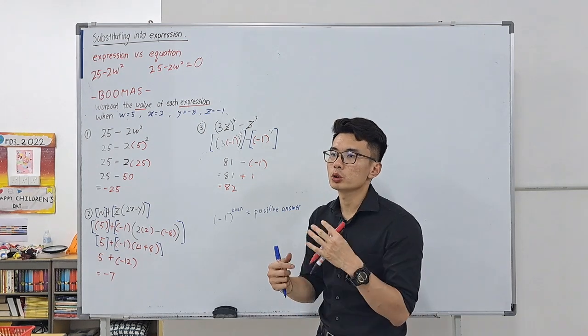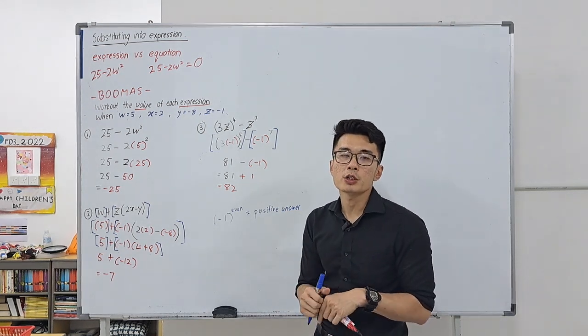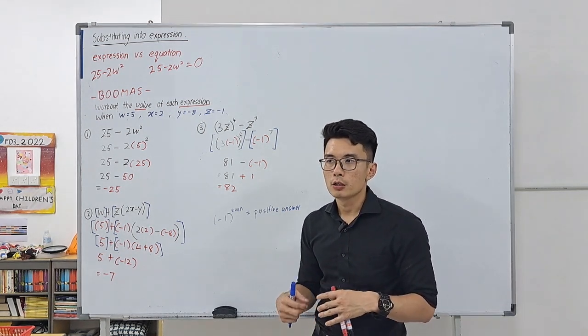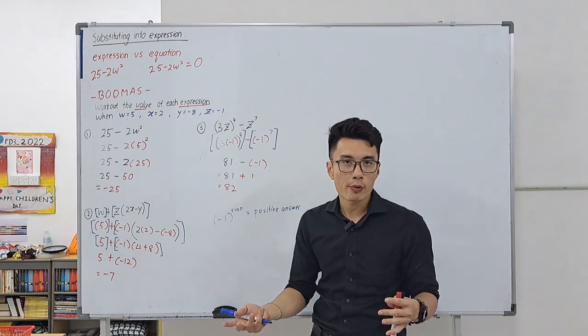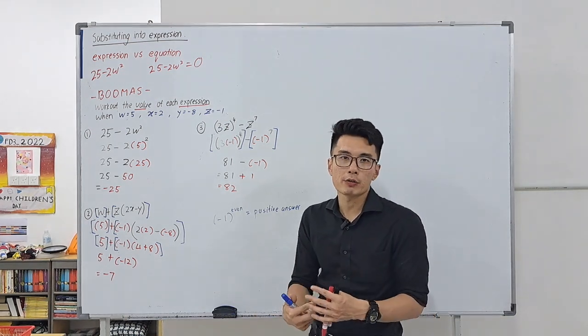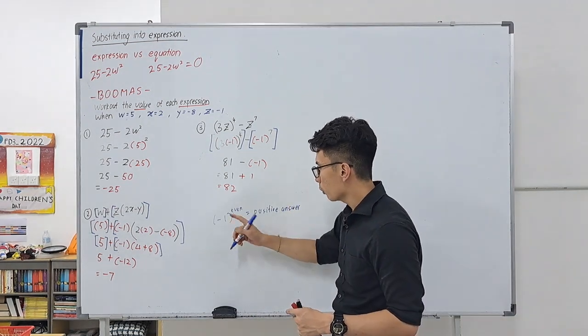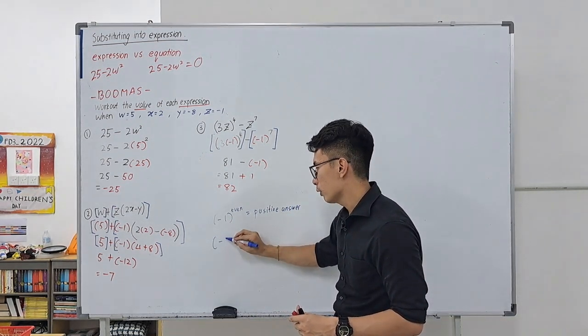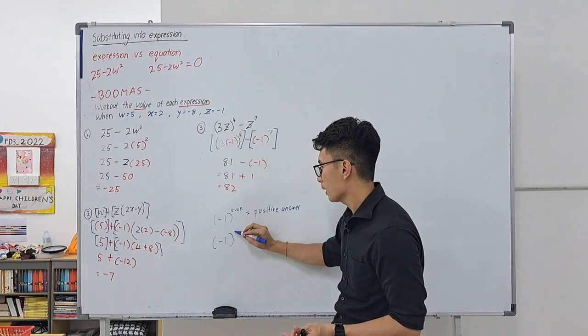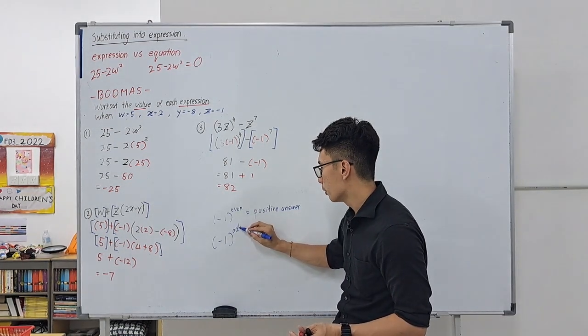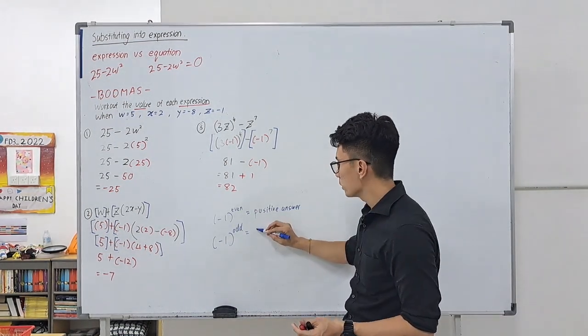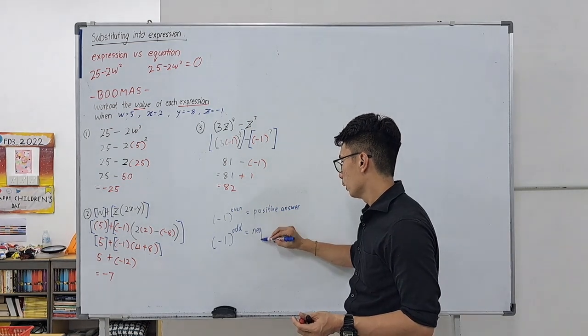So usually most of the students, they will be dealing with a negative number and they square it. So remember, when you square a negative number, you will always get a positive number. Okay? Now same thing over here. If I have a negative number, let's just say negative 1 in this case, and I take it to the power of an odd number, that will always give me a negative